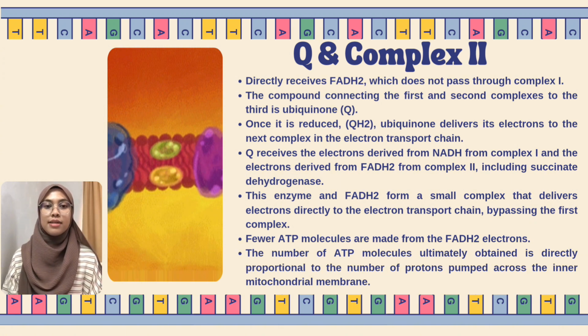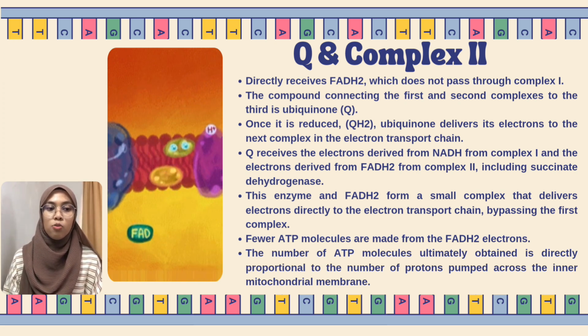The compound connecting the first and second complex to the third is ubiquinone, or we call it Q. The Q molecule is lipid-soluble and freely moves through the hydrophobic core of the membrane. Once it is reduced, QH2 delivers its electrons to the next complex in the electron transport chain. Q receives the electron derived from NADH from complex 1 and the electron derived from FADH2 from complex 2, including